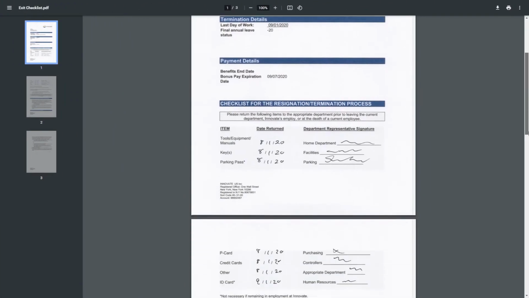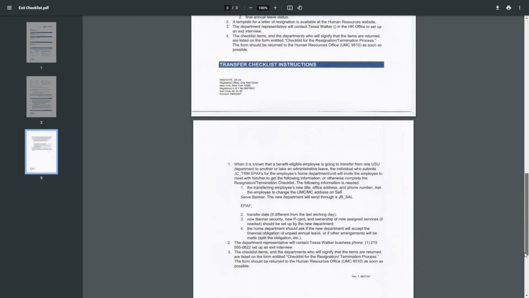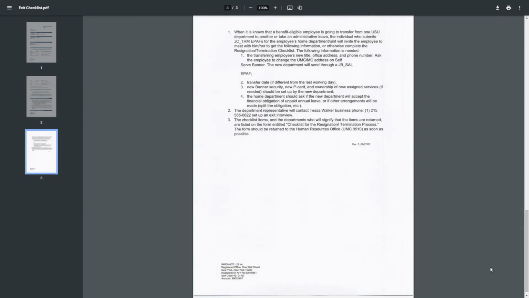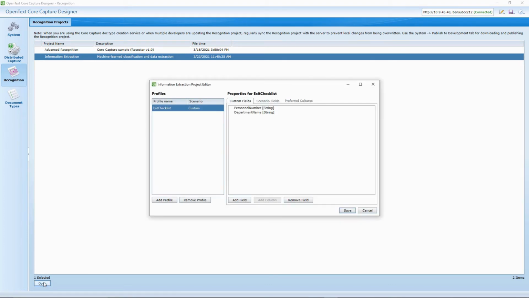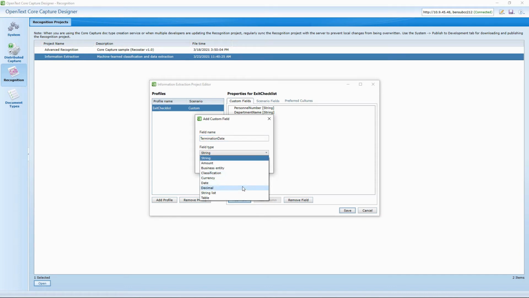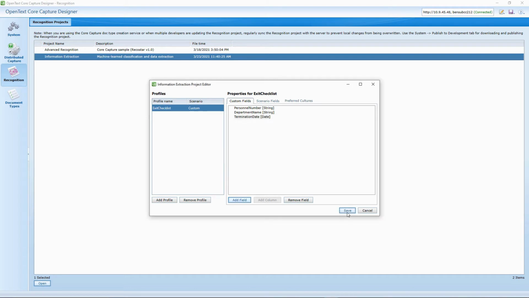This is the scanned document that Tessa has received from Udo. We'll now demonstrate how she's going to add an additional field to be recognized. So first she's starting in the extraction, defining that field, which is the termination date. And a second step,